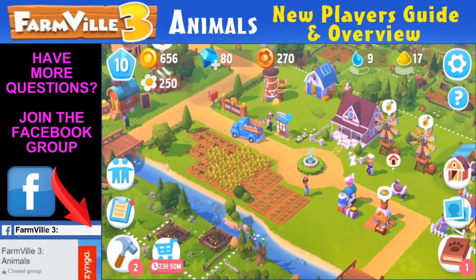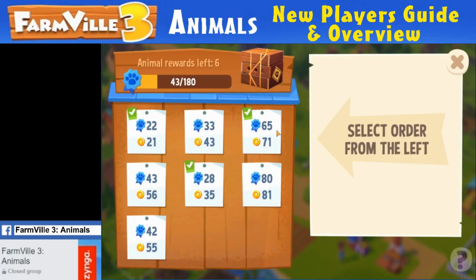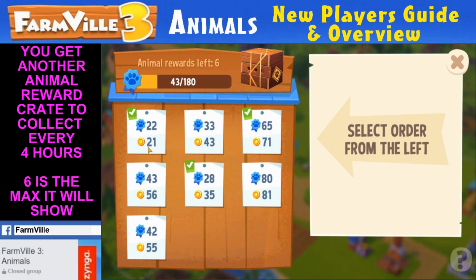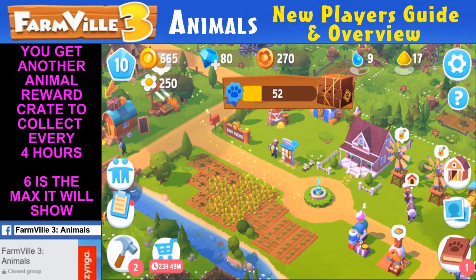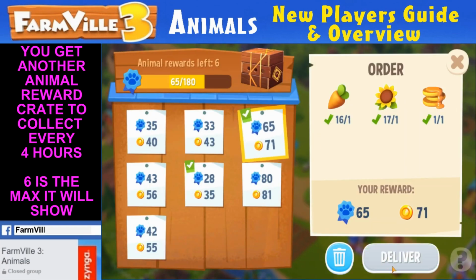Now, we're going to talk about checking to see how many more animals you can get. What they don't tell you is on the order board at the top left, it says animal rewards left, and it says 6. So as I fill these orders, let's just fill a bunch of them, not really going to pay attention to what's going on. You can see my little meters moving across, and as I fill them, it will...